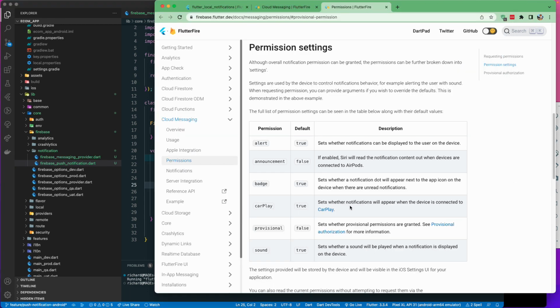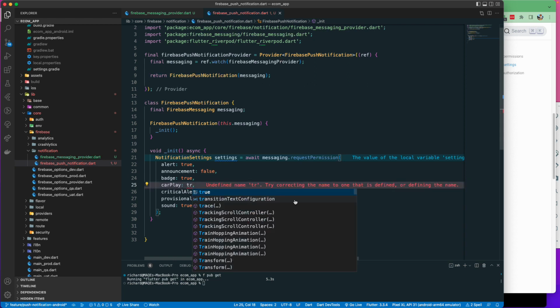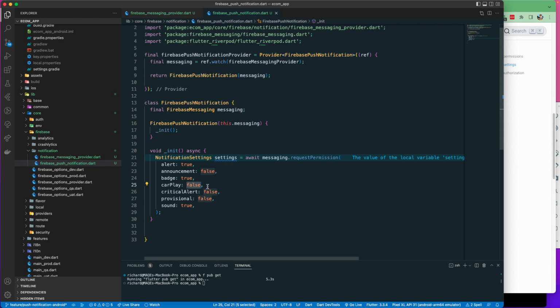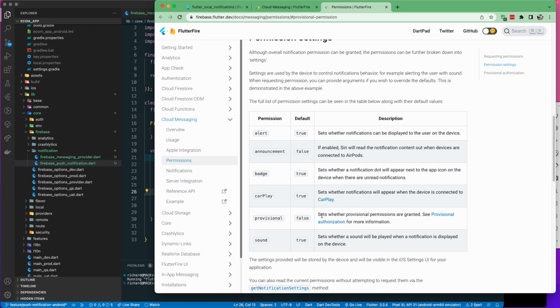And CarPlay means that the notification will appear when the device is connected to CarPlay. By default it should be false. If you want to enable it, you can just set it to true. We are not creating an application for CarPlay and all of this, so we'll just set it to false from here. And provisional, this is another kind of permission, which we basically call